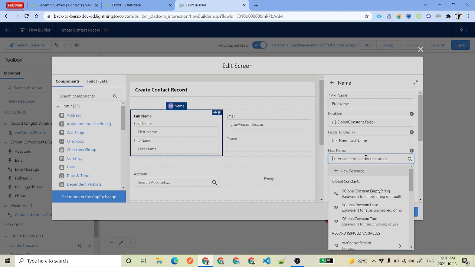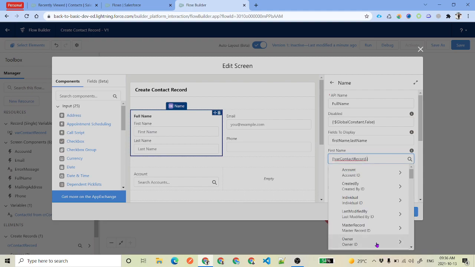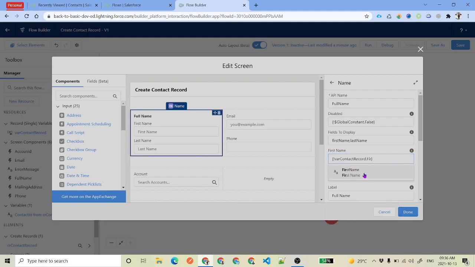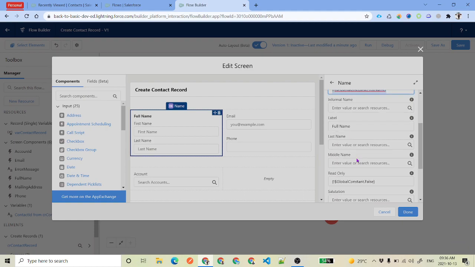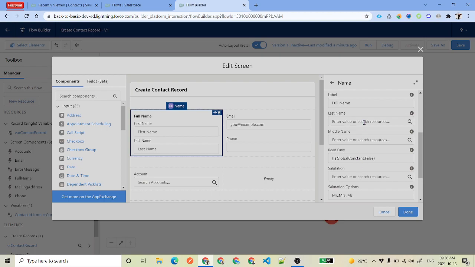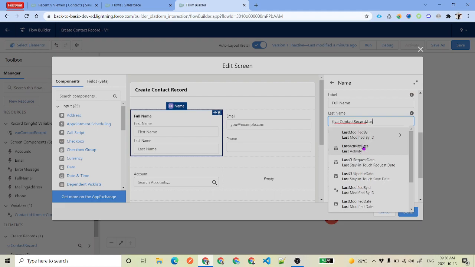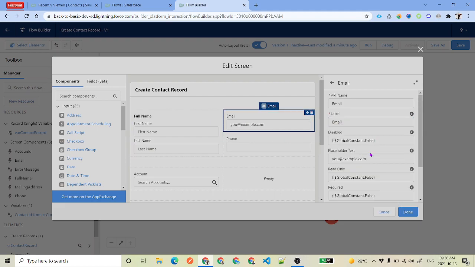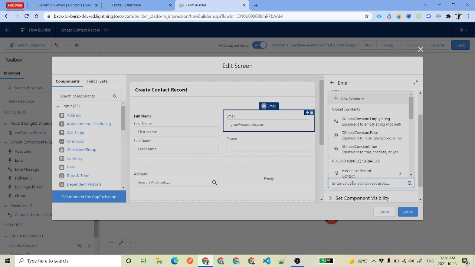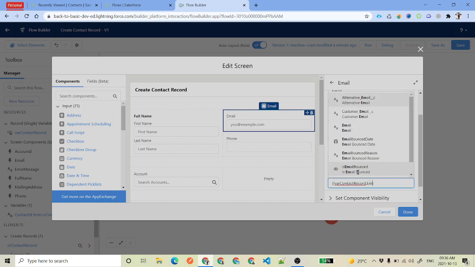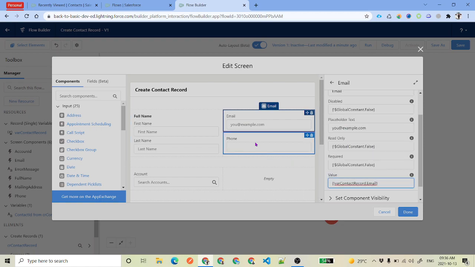So for that, what you can do is you have got this contact record, and then you will say okay, this has a first name. You have just mapped it, so whatever the input will be here, that will be mapped to your record's first name. And then similarly you have got last name. Where is that? Here. Then you will find that contact record dot last name, and do the same for your email. So where you will find, this is your value, so you will find contact dot email.